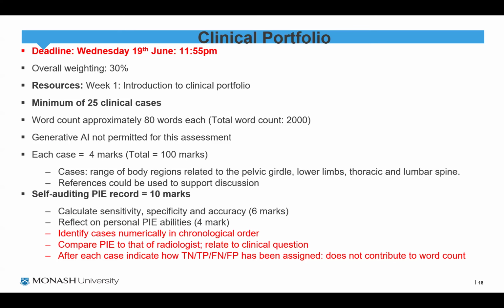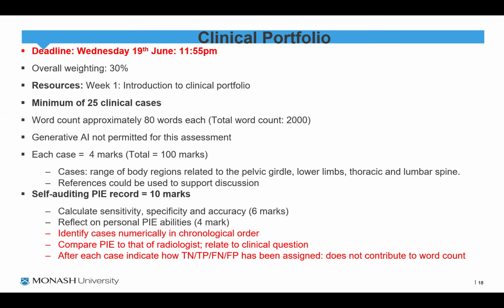And then the second submission is a self-auditing preliminary image evaluation record. And that's where there's a table that you then put in all of your information in terms of whether you can indicate that you identified everything normal. It correlates with the radiologist, which is true negative, or that you picked up the pathology correlates with the radiologist, which is a true positive. And then also if there's a false negative or a false positive, and then you're required to calculate sensitivity,